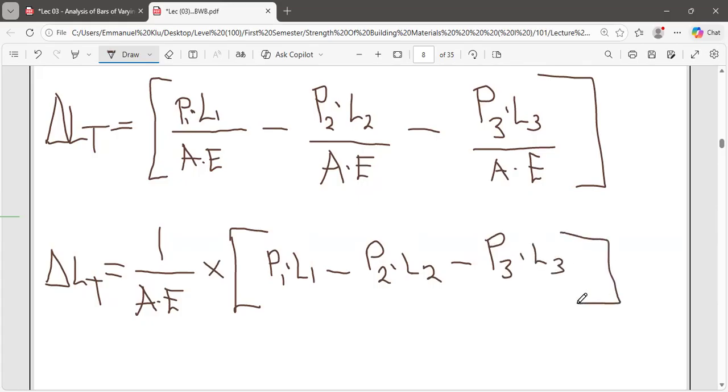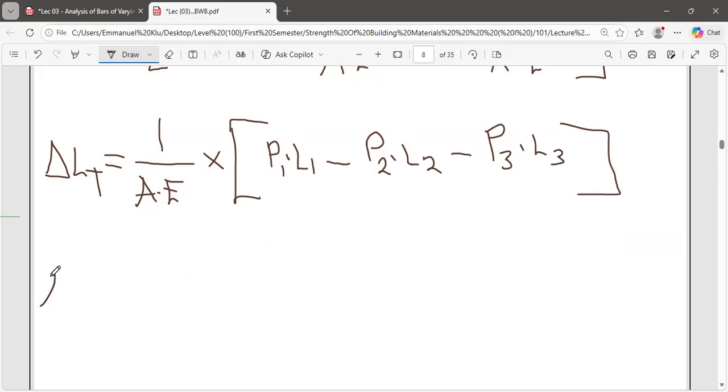So let's all quickly do this together, and let's see the answer you're going to get. Quickly. Who is done? So this one is 1 over the A. For the A, what did we get? We know that it is 1,000 for all, right? So it is 1,000 millimeters squared times 1.05 times 10 exponent 5. Since that is the elasticity, so times 10 exponent